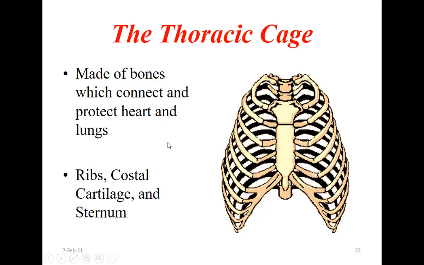So this thoracic cage is made up of ribs. There are 12 pairs of ribs. On one side we have 12 and on the other side we have 12. Right side 12, left side 12. So they are called 12 pairs of ribs. Then the costal cartilage. In the front, the ribs don't come up to here, but they are connected to the sternum, this is the sternum, by a cartilage called the costal cartilage. And then we have the sternum.